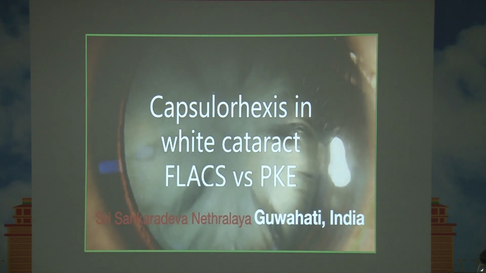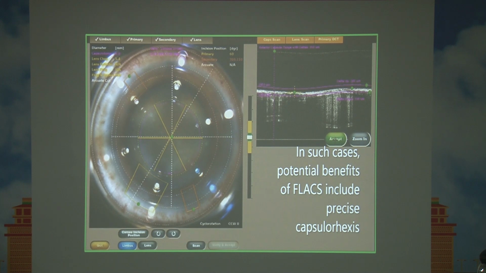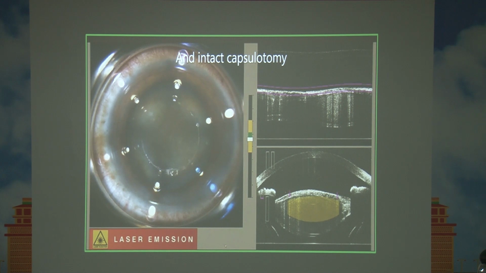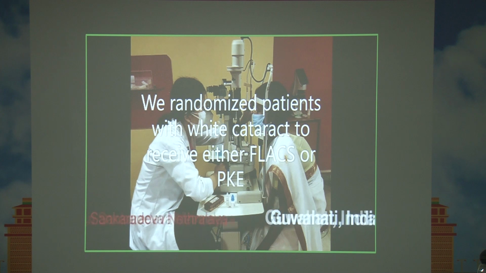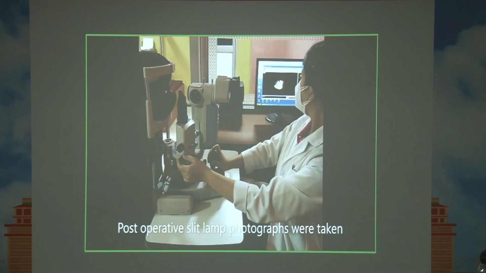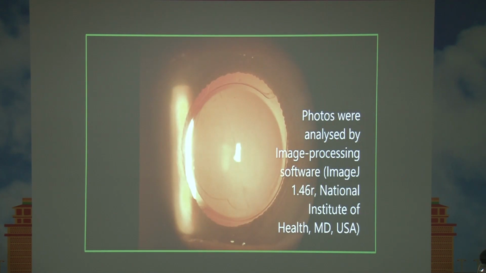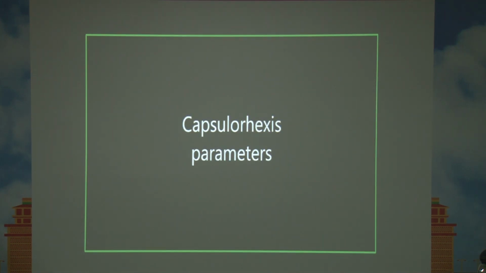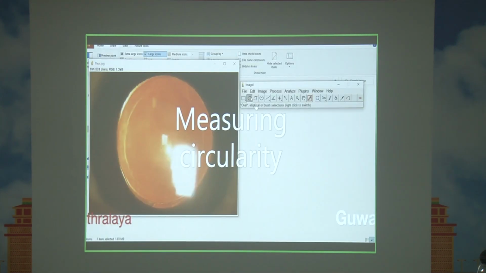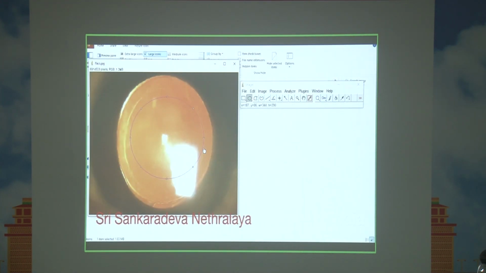So we had done a very good study to find out the actual benefits of flex over the manual capsular axis. What we had done, we were basically seeing some capsular axis factors and also some IOL factors, and we randomized the patients to receive either the flex or the manual phaco, and had done the post-operative slit lamp examination in all the cases. We have used this software of the National Institute of Health, where we have tried to analyze the capsular axis parameters, especially in terms of the circularity, where we have measured both the horizontal and the vertical in every case,